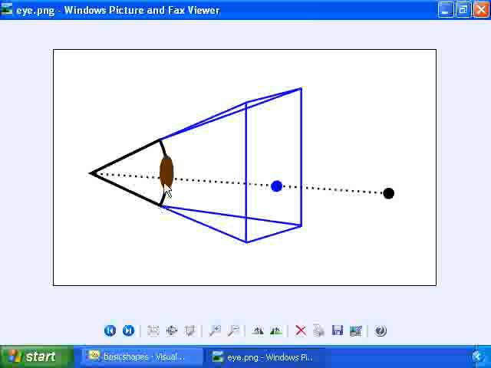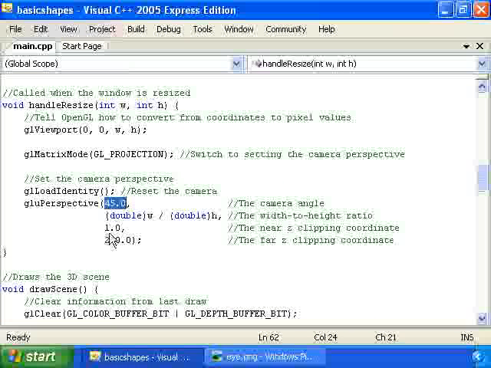By the way, you'll notice that no matter how far away the screen is from the eye, any 3D coordinate will map to the same 2D coordinate as long as the eye angle remains the same. So then we have this parameter